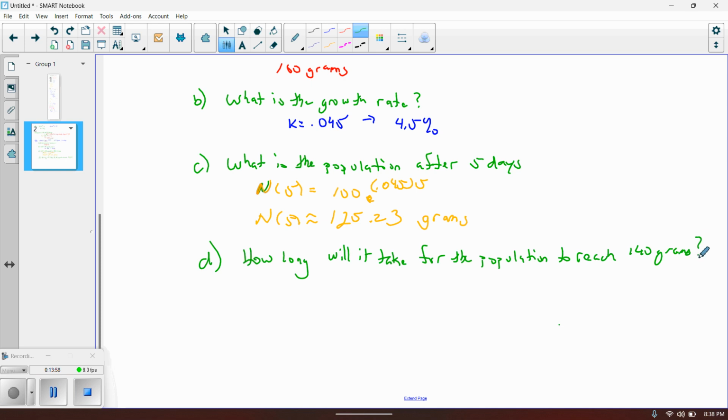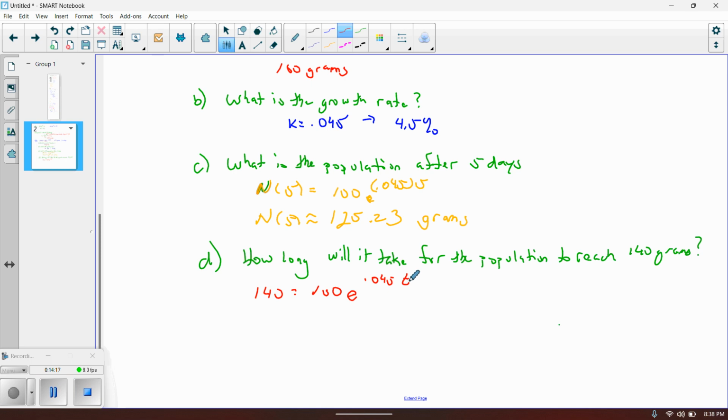Well, since they're asking the question how long, we're going to ultimately end up solving the equation for t, and the 140 grams is the amount of grams, so that of course is going to get stuck in the left hand side here. 140 equals 100 e to the